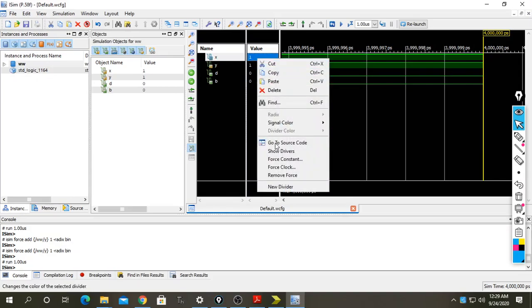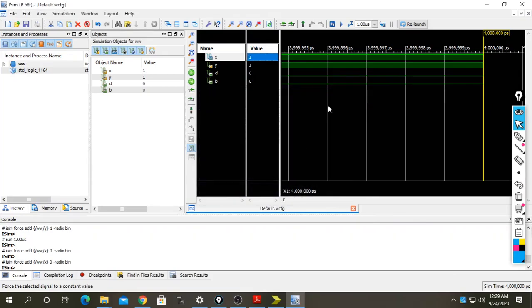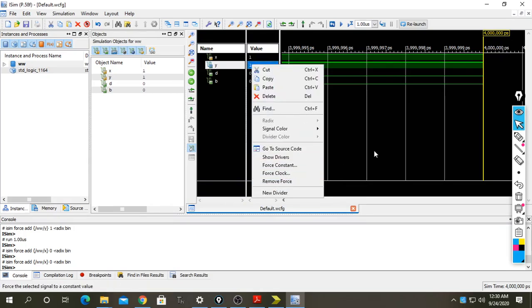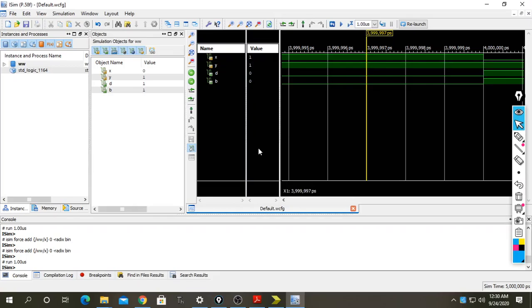Now I have to change the status of the first input, which is 0, apply here, and again run the program.